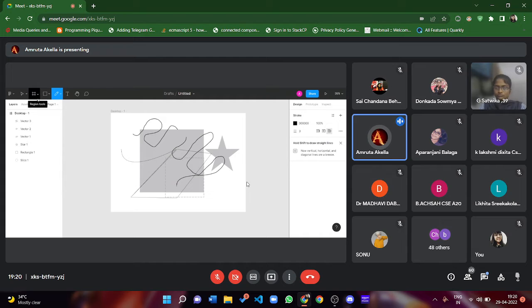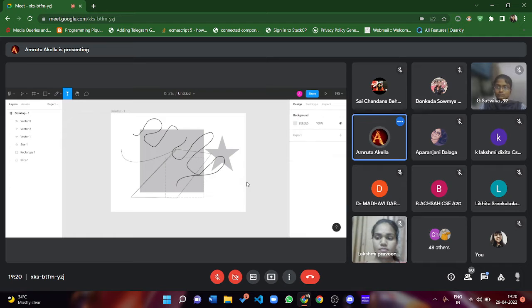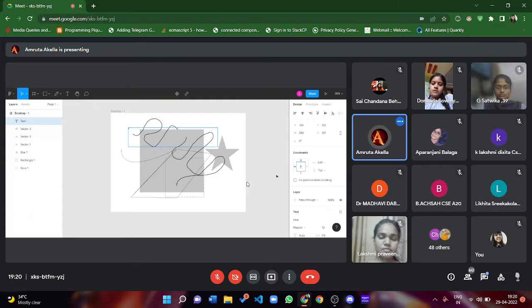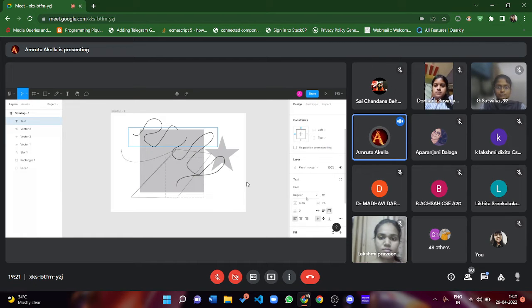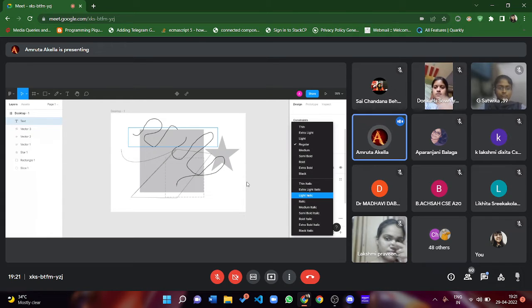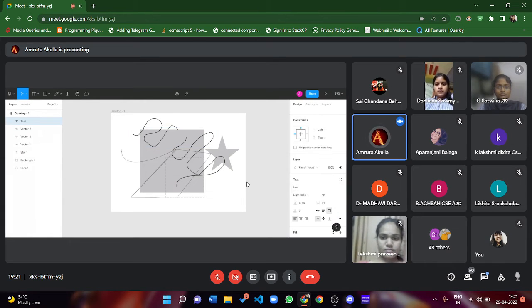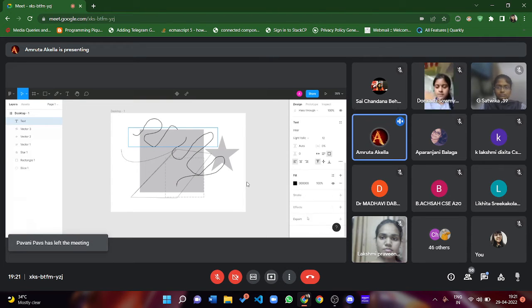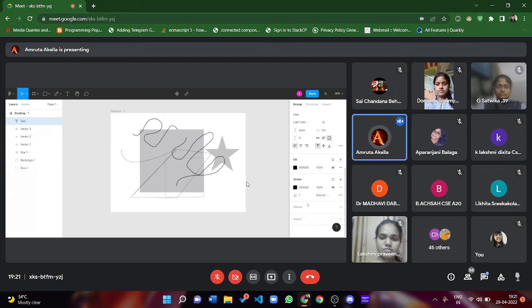So after adding the frames and shapes and tools like pen and pencil, you can also add text to your design. Suppose I wanted to add a text. You can see at the right side, where you can have different types of fonts, italic, bold, extra bold, etc. You can add whatever text you are interested in. And you can also use the constraints like center or top, or what color you want, using the RGB format. And stroke size,